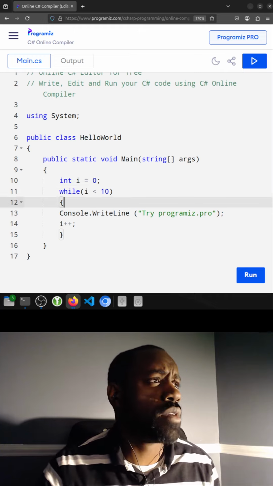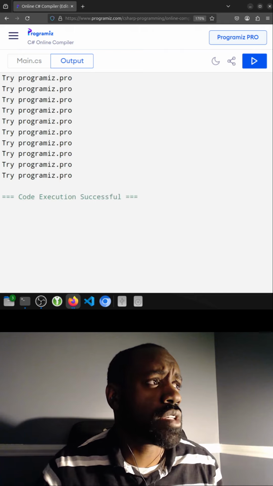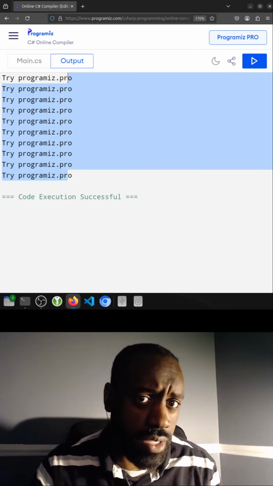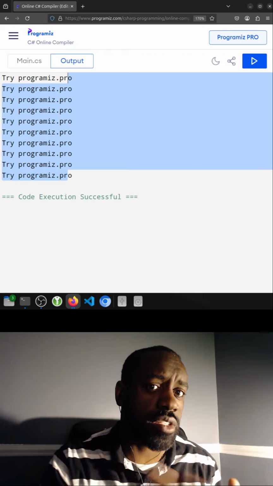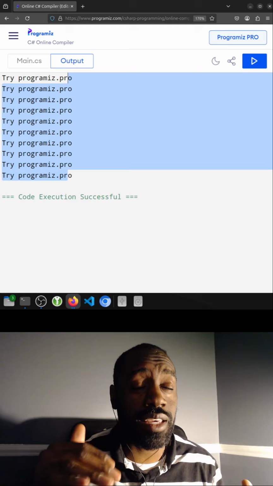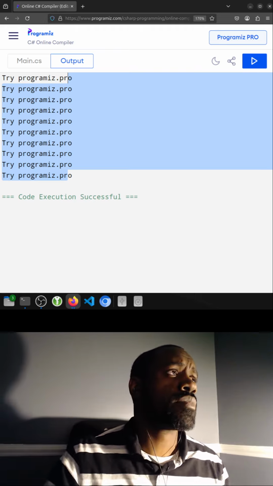All right, so we'll go ahead and run this. And so as you see here, 1, 2, 3, 4, 5, 6, 7, 8, 9, 10 times that message was printed out because it started at 0 and kept going until it got up to 10, but not 10 itself. All right, so let's